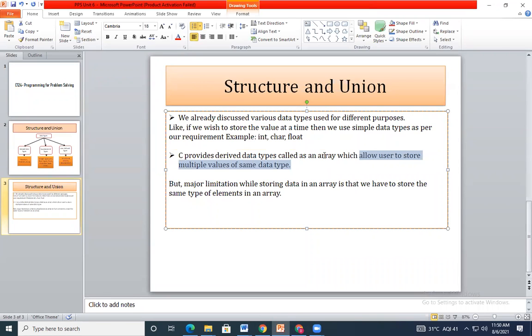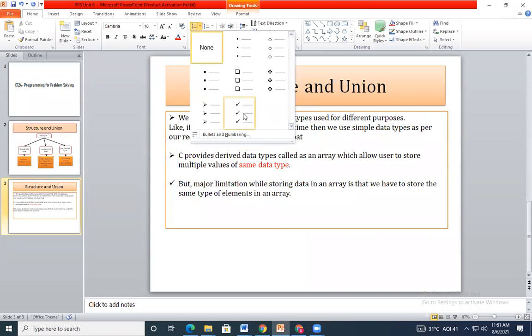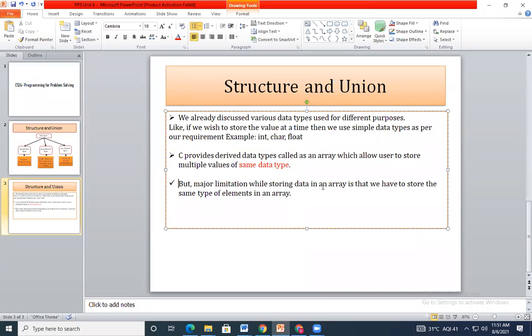But you need to remember this word: of the same type. If I have an integer array declaration, I can pass only integer type values to that array. That is the limitation of the array: it allows the user to store only values of the same type.